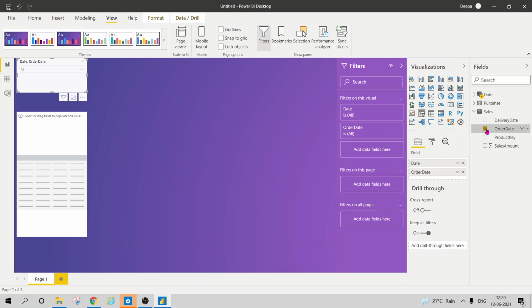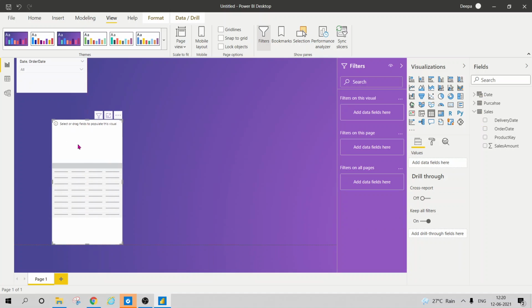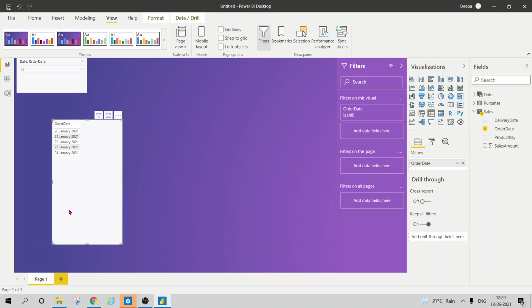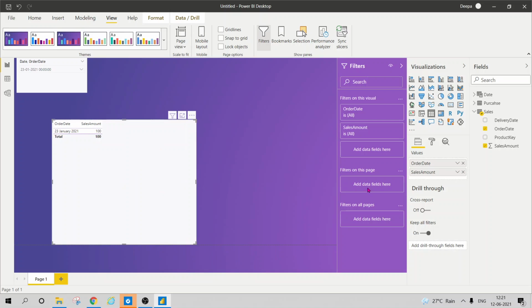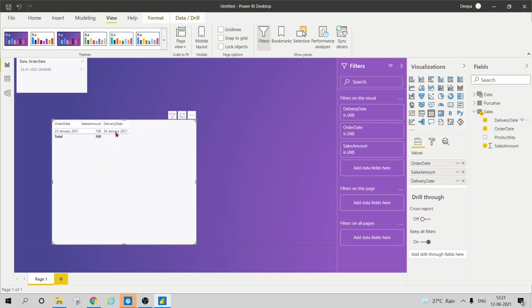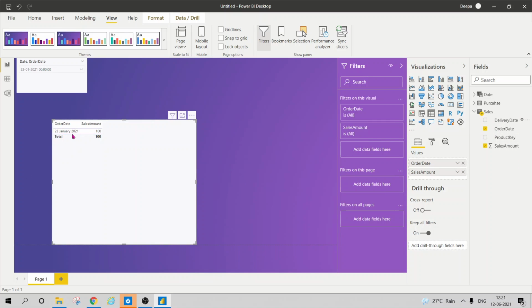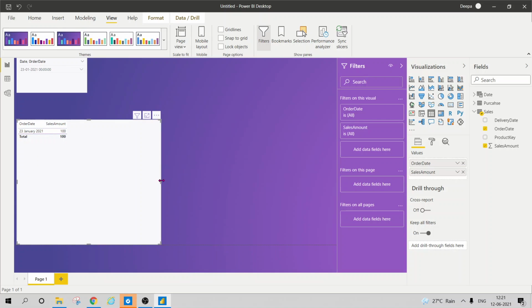So he would select on order date. If he selects an order date, let's ask him to select an order date. Okay, so this is 21st January, and I think he has ordered something. Something was ordered on 21st of January. If he again selects on the delivery date, it's fine. For the same table, this doesn't make sense, but he wants to see, for the 21st January, what is my sales amount and what is my delivery amount. So let's see how he would resolve that.